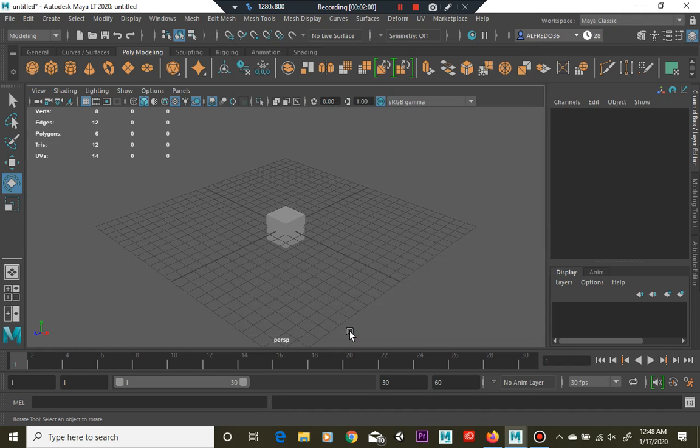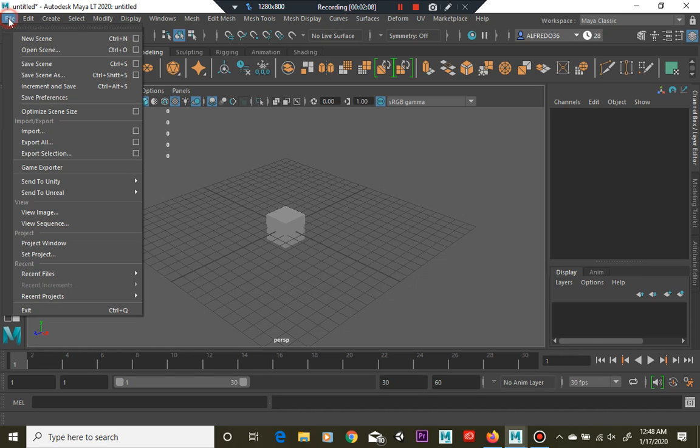No flashing lights, not much is going on basically. But the problem is, Maya doesn't particularly know exactly where to place everything just yet, so we have to set it. Set your project. So click on File, go down to Set Project,